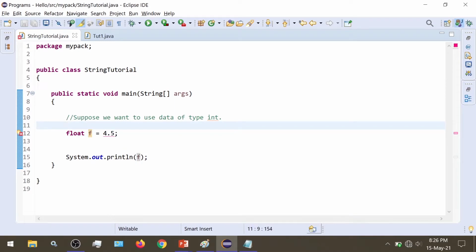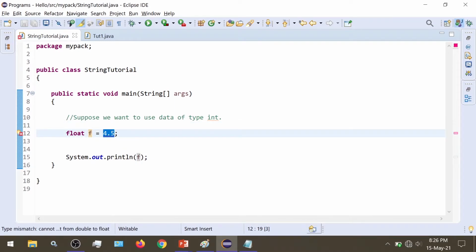So how does the computer know whether we are trying to use float or double? By default it assumes that this 4.5 is double, but we are trying to assign a double value to a float variable, so that cannot happen. We need to tell the computer specifically that we are using a float value, so we give the letter f here.